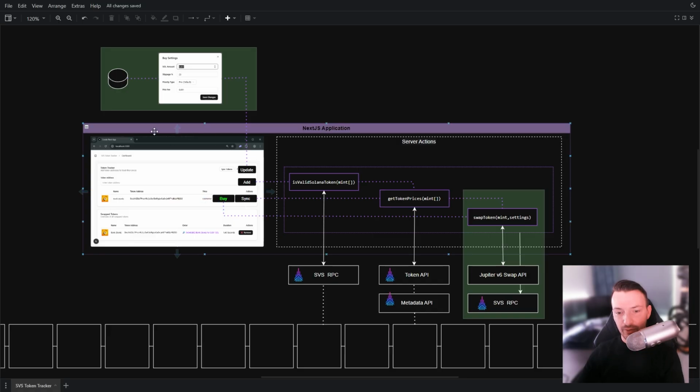But real quick, we created an app where we can add a token. It will validate the token to see if it's a valid token address. And if so, it will fetch the token prices and also some metadata like the name, the image, and the symbol. Once that is done, it will add it to a table, and in today's video we are going to look at the swap functionality, so we will be able to buy the token using the Jupiter v6 swap API